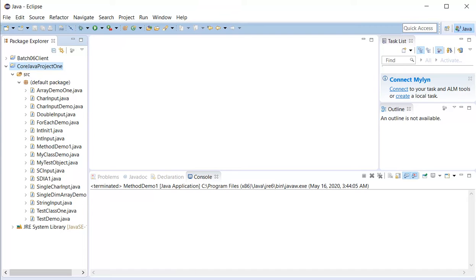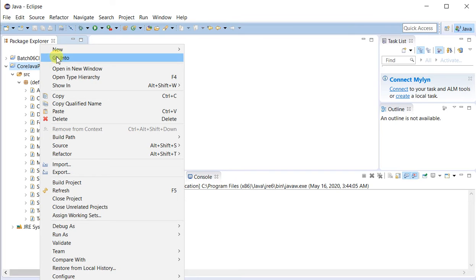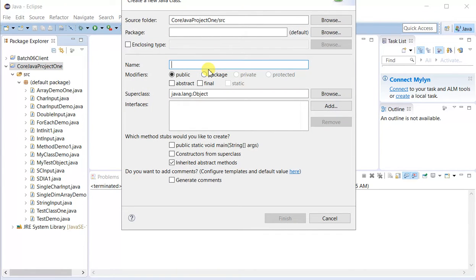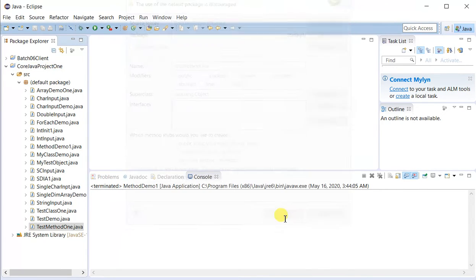So let us create one class. Let's say the class name is test method 1 and this is a main class.